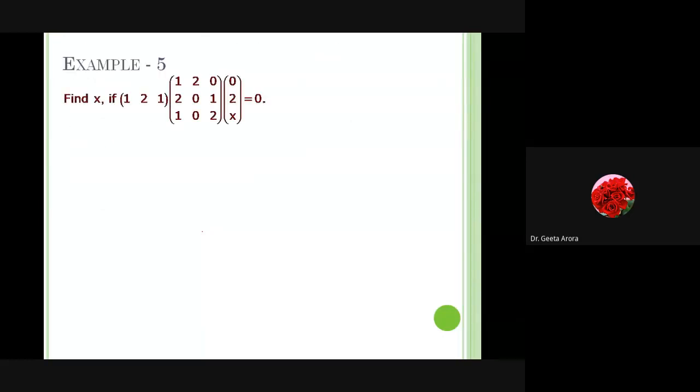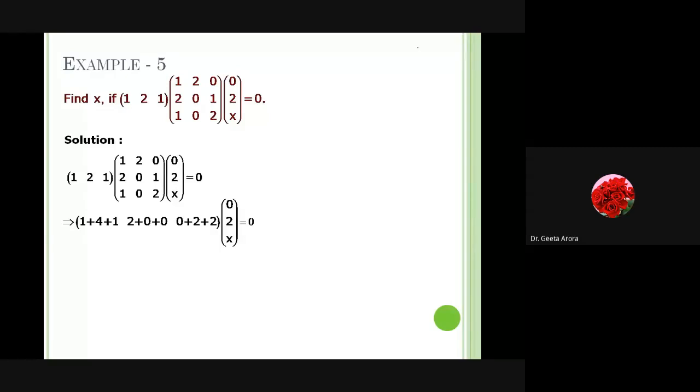So let's start with an example. Here we have to find X. What is given to us? We are given that if we multiply a single row matrix with a normal matrix and then a column matrix, and I name the three expressions ABC, then the product should be 0. Correct? So if we have to follow this condition, we have to see what the value of X should be. How do we start? We have to start by finding the product one by one. So here we start with the product of two matrices, this 1 by 1 into this.